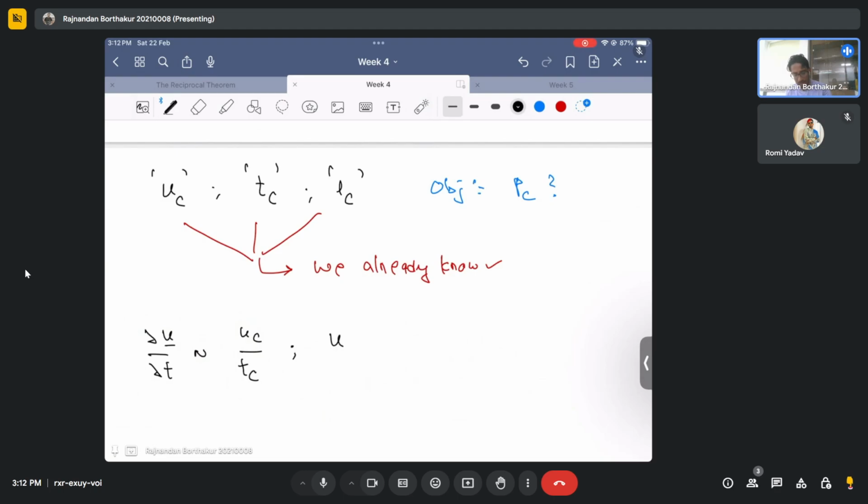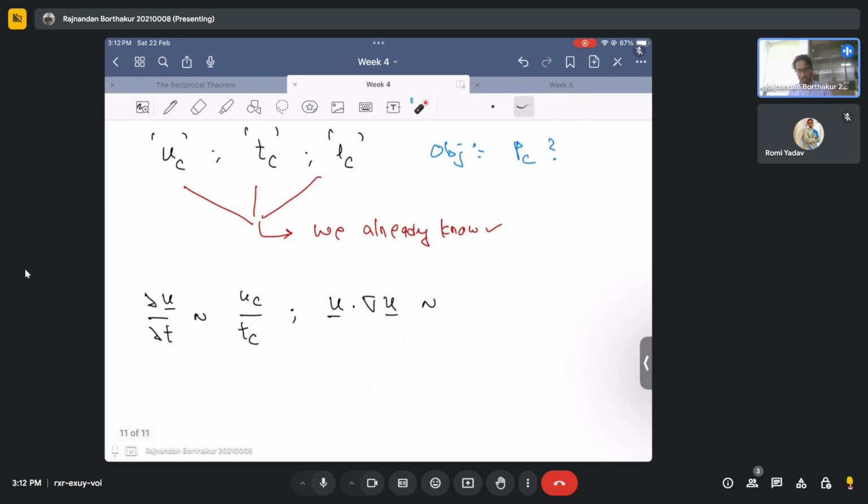Then let's see how these terms scale. These terms scale, u dot gradient of u. Can you tell me how these terms scale now, given the exercise that we did in the last week? So you need to understand how these terms actually look in order to find out the rough order of magnitude of the term u dot grad u. So here's something you need to think. If I expand this term,